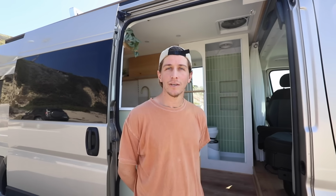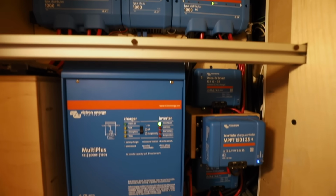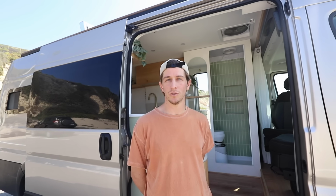pours. So that 400 watt panel runs down into our electrical system under the bed. And in there we have all Victron products for our inverter charger, solar charge controller, and our DC to DC chargers. And we also have the Lynx distribution system, ties the batteries into a battery monitor and DC distribution into